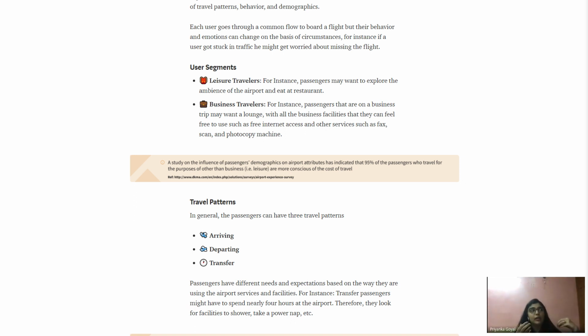Rather you consider it as a category, like a behavior of a user. You think of a persona as a leisure traveler or a business traveler. You don't think that some ABC Sharma is a business traveler and doing this thing. Rather you should divide them into segments, which is easier to understand for a person reading your case study. Here I have also mentioned the travel pattern. So I have divided my persona into the kinds of travelers there are.